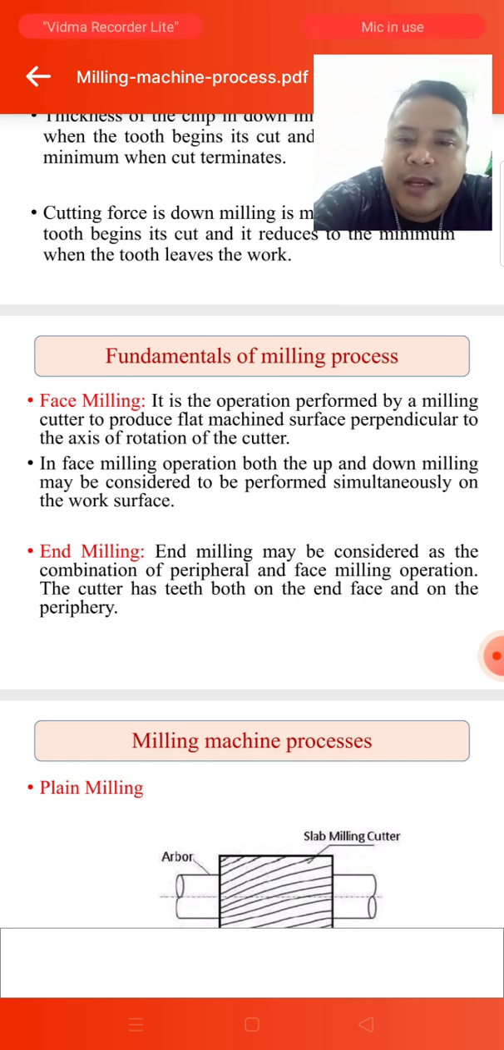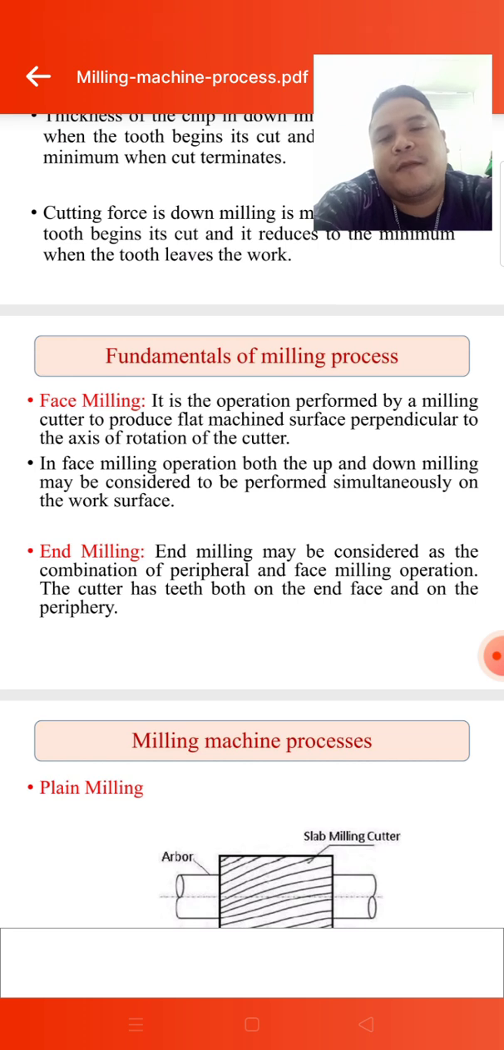Next, we have the end milling. End milling may be considered as the combination of peripheral and face milling operation. The cutter has teeth both on the end face and on the periphery. Okay, in the end milling process, the cutting tool is most likely similar to the drill bits, but the